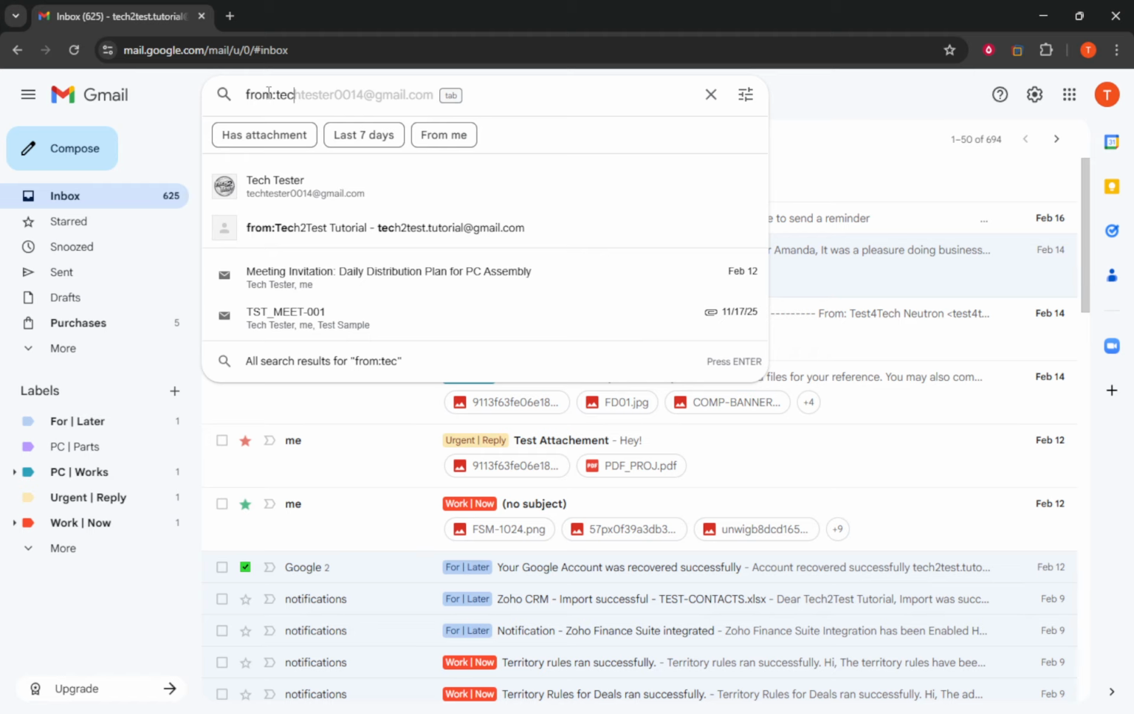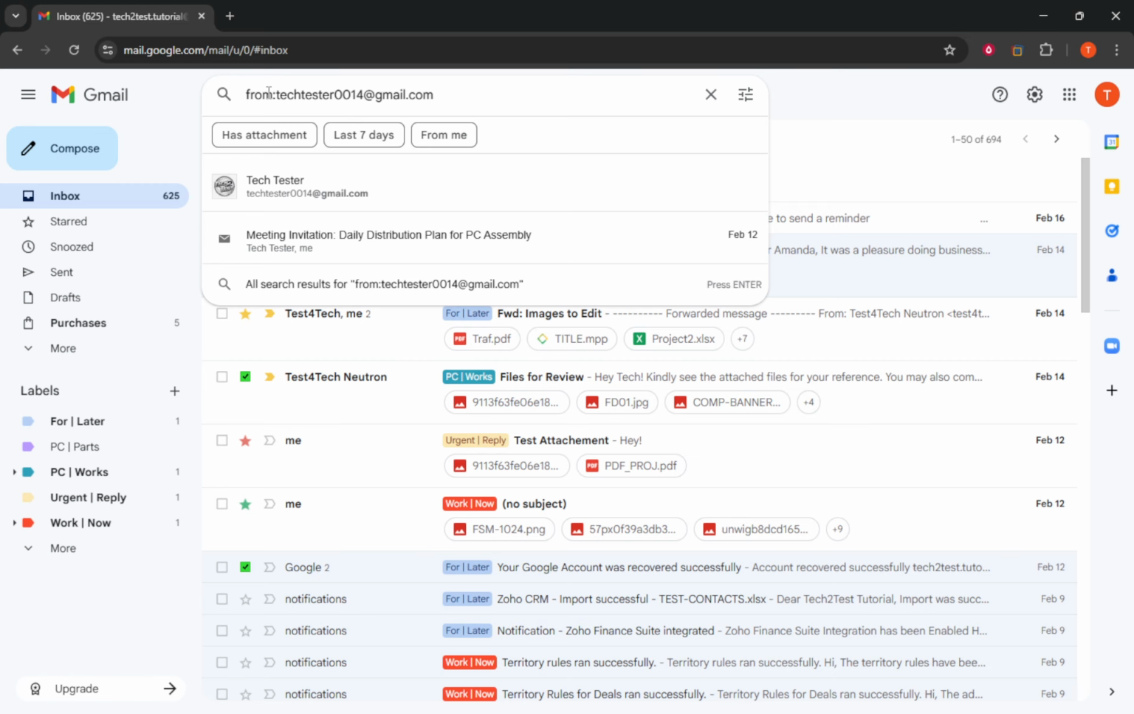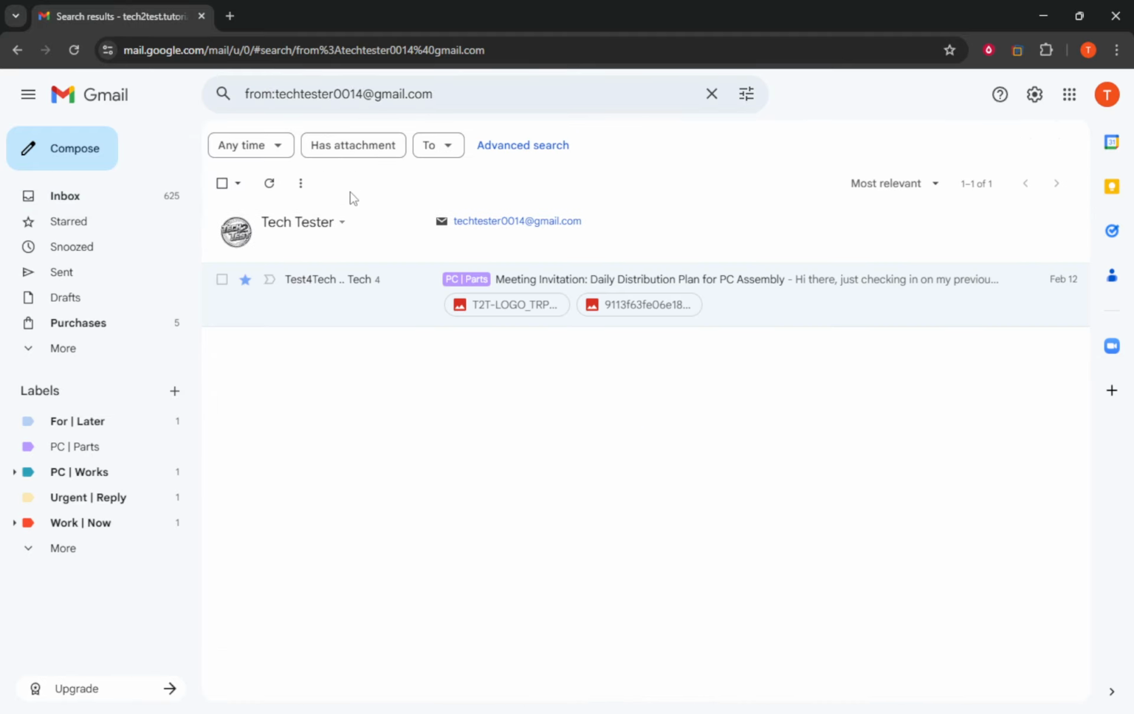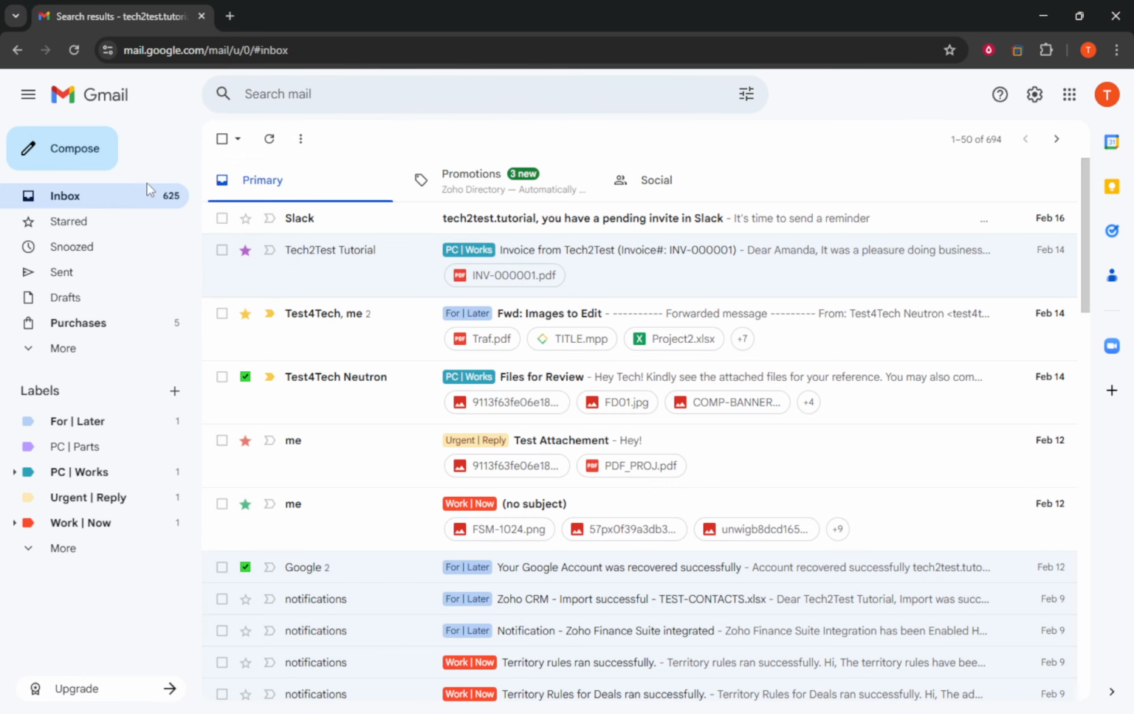This quick filter works on the web and on the mobile app. On a phone, just tap the search bar, enter the same from query, and you'll see the matching results. If the list looks too broad, refine it by adding more of the address or the full name to narrow things down. Now, if you want Gmail to handle messages from that sender automatically going forward, set up a filter